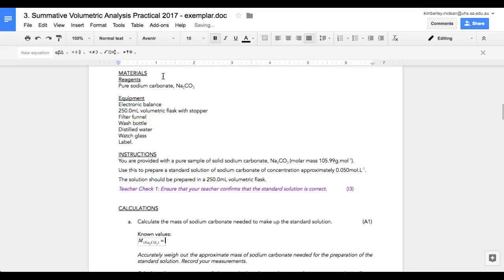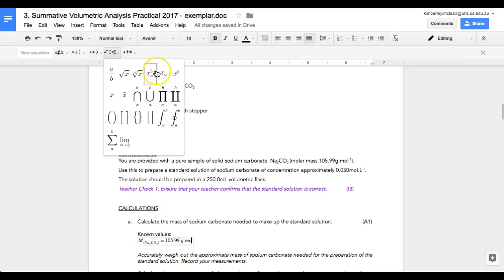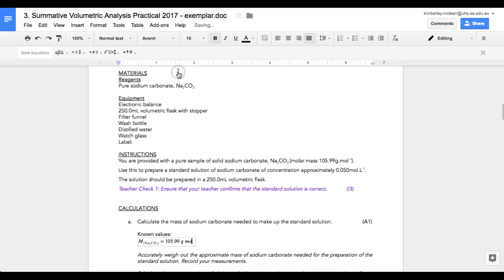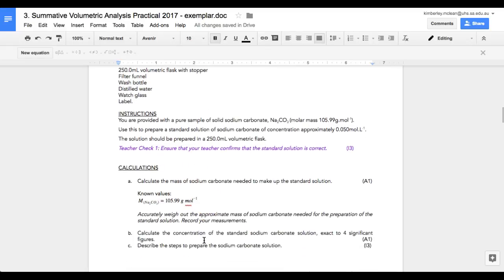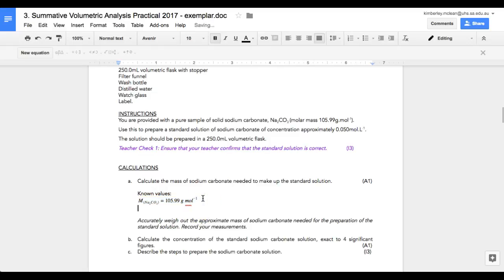And we can simply write 105.99 grams per mole. And again, I'll just need to insert a superscript this time, L, use the right arrow key to the -1, and there I have my little equation. The good news is we don't need to go through all of those steps every time. We can actually copy some of this information. So I'm going to copy that whole equation for the molar mass and paste,